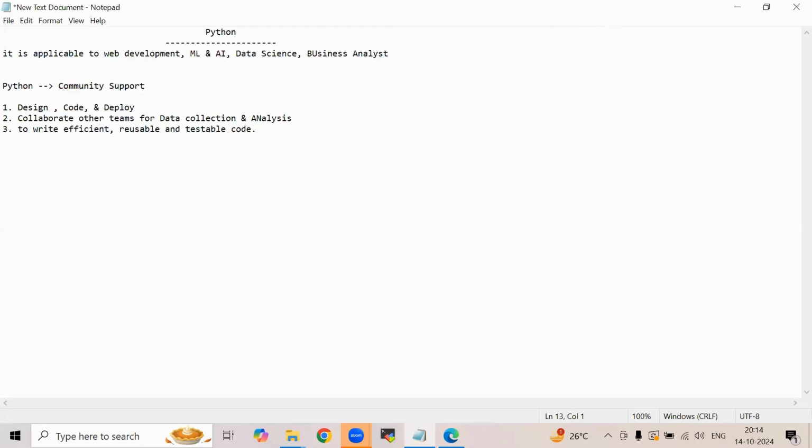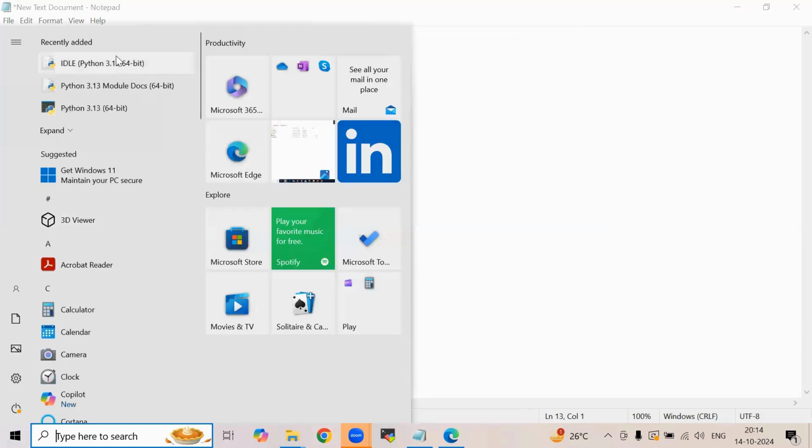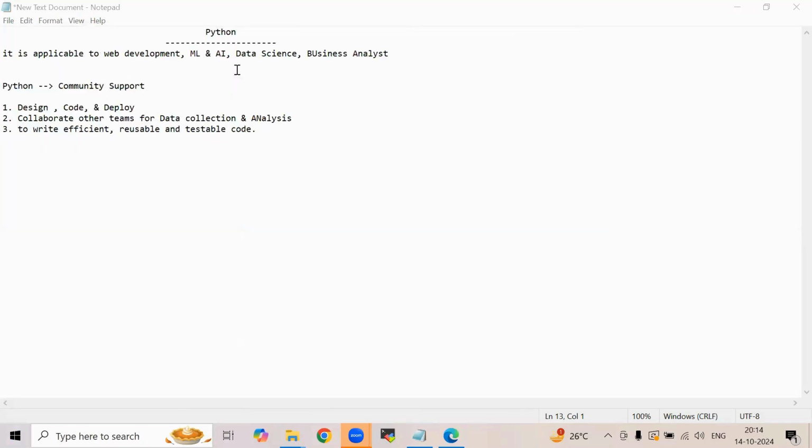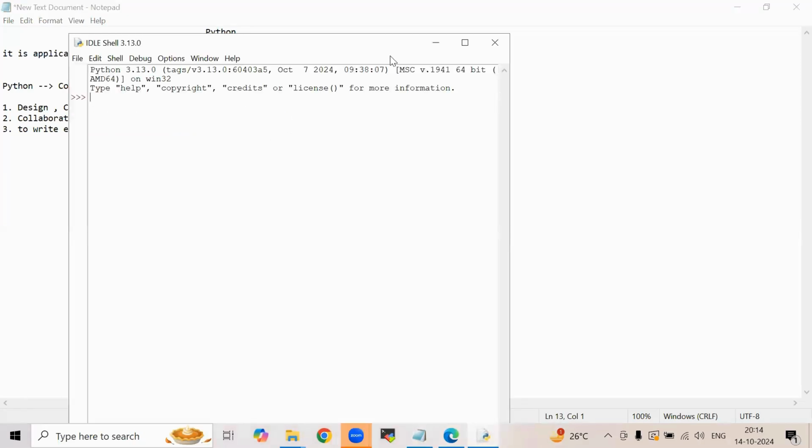See, we can directly execute in the IDLE. Before I tell you how to add an environment variable, we will go through the interface of this IDLE. So this is how your IDLE will look.